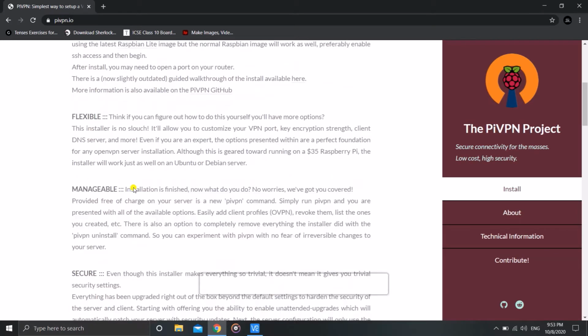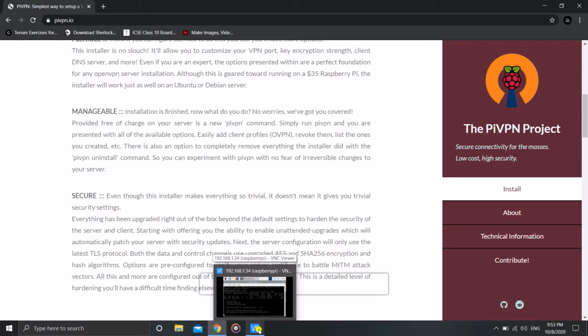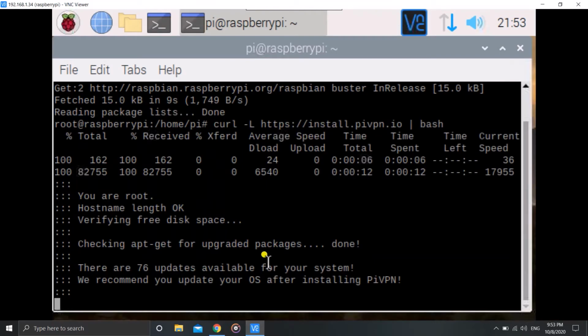What this does is that it allows us to easily install OpenVPN. OpenVPN is the main thing which you are going to use to set up the VPN server. So PiVPN allows us to set that up easily without much hassle, because if you search the web directly for OpenVPN, you will get a bunch of commands, like 10 or 12 of them, and it's going to be horrible. I have tried it myself and failed twice or thrice. Then I came across this PiVPN, so I'm going to use this only now.